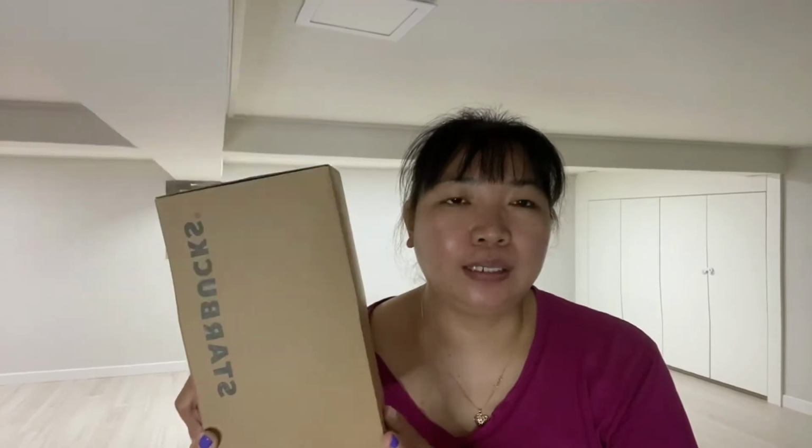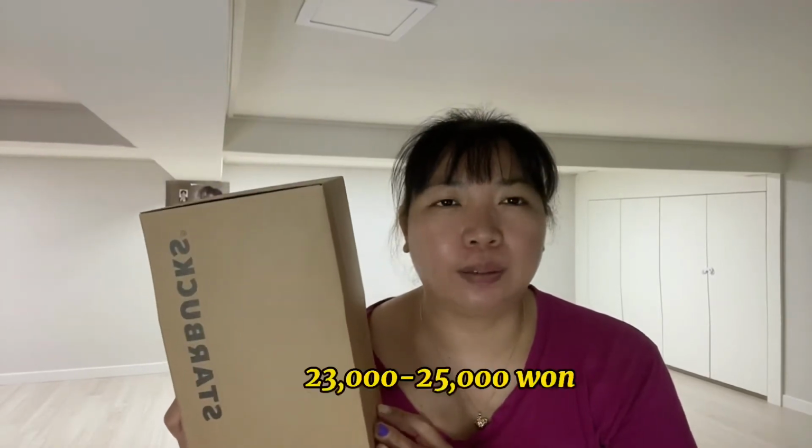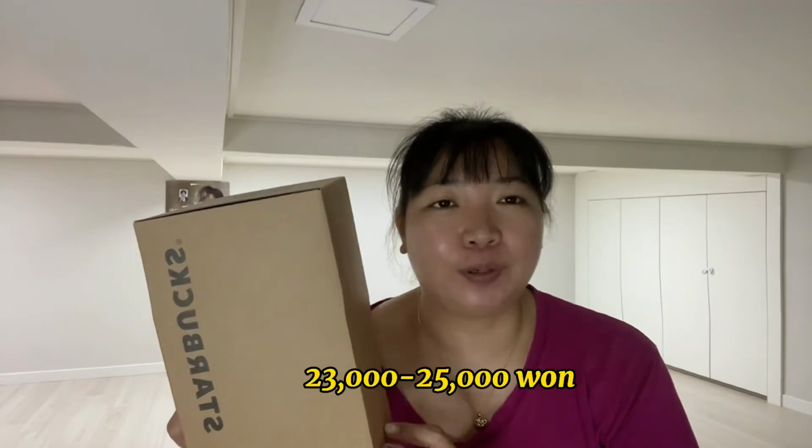I saw this in a second-hand online shop here in Korea. So I got a big deal with this. I just paid 15,000 won. But if you buy this, I think the original price is about 23 to 25,000 won. But if you drink, as I mentioned a while ago, 17 drinks, you can get this for free. However, there are many people waiting, so it's difficult to get a chance to